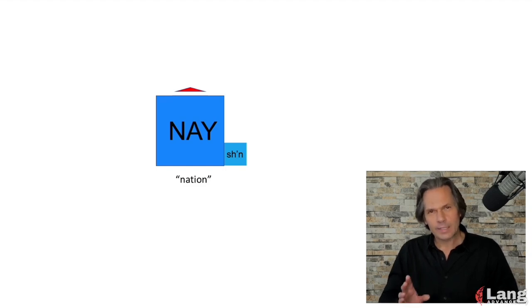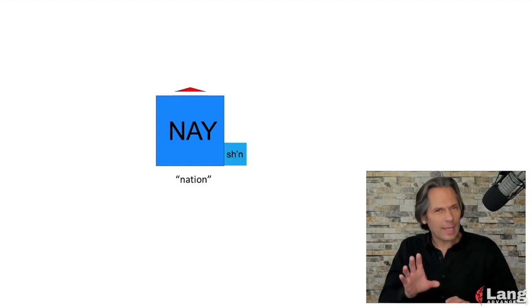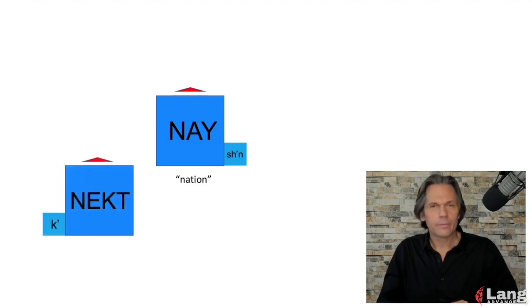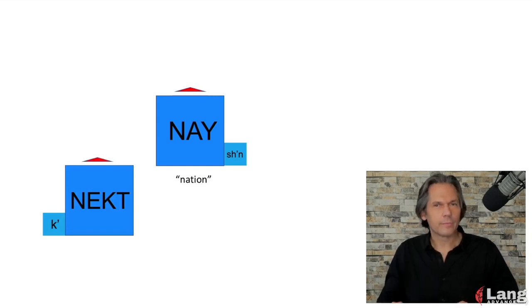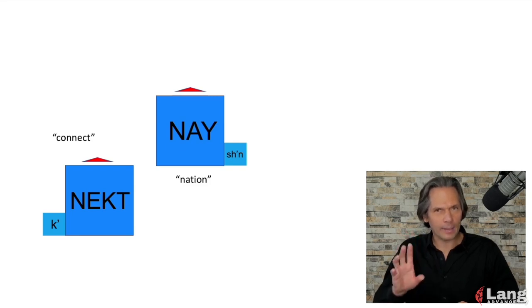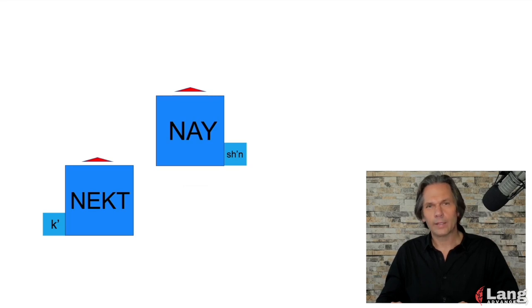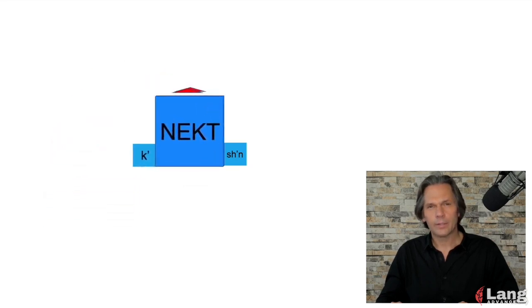Now, let's think of saying something else in place of that stressed syllable. We could say a different syllable, such as the sound ak, and create the word action. But instead, let's replace nay with a two-syllable verb. This is the verb connect. And if we move connect over and we replace nay with it, we get connection.